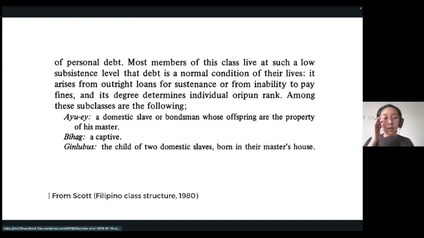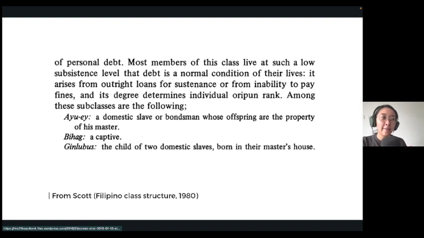For Scott, however, we delved into those settlements and asked ourselves, ano nga ba yung itsura ng mga chiefdom nung mga panahon na iyon? And Scott says, well, Scott and Abenales and Amoroso say there are three kinds of settlements in this period, three kinds of chiefdoms, more or less.